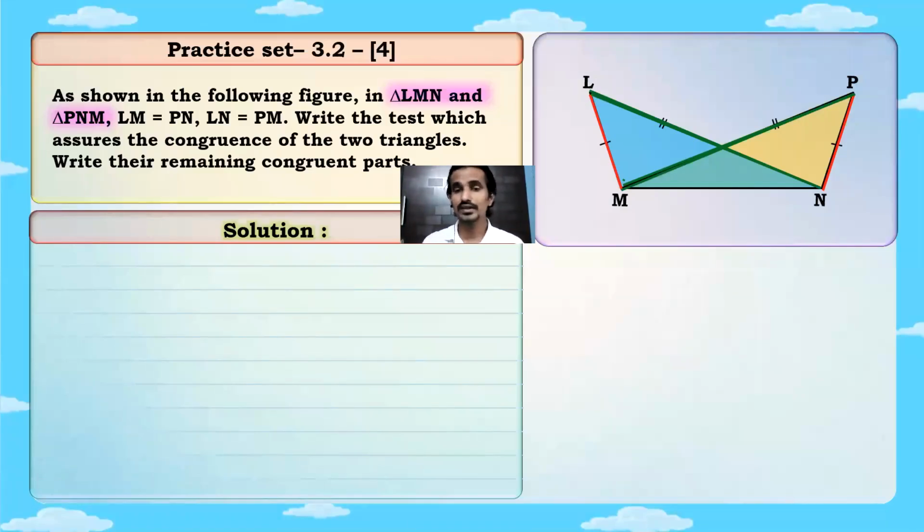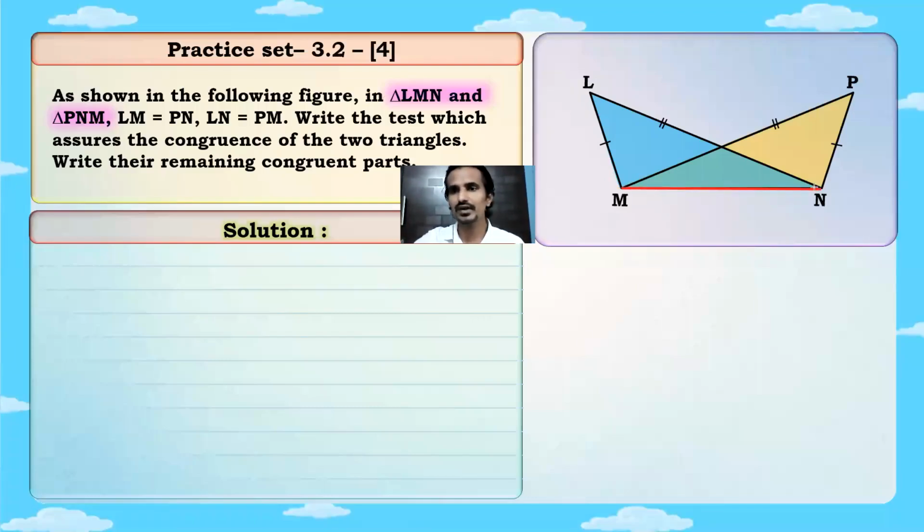Okay, so since the figures are overlapping each other, they have a side which is shared by both of them. Okay, so दोनों में एक common side है. तो common side कौन सा है देखो? The common side which they both share is side MN. Okay, the side which is shared by both the triangles is side MN. So जो MN जो होगा ना, वो दोनों का common side होगा.